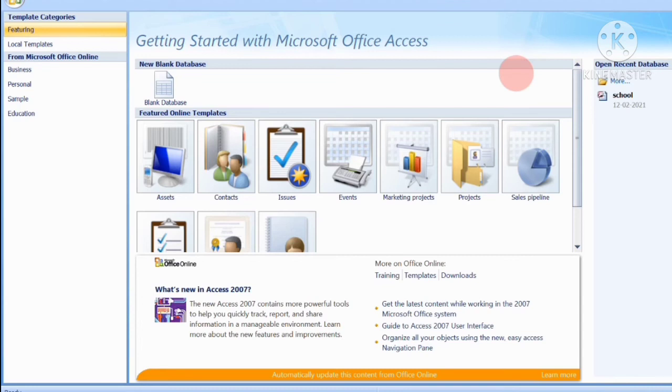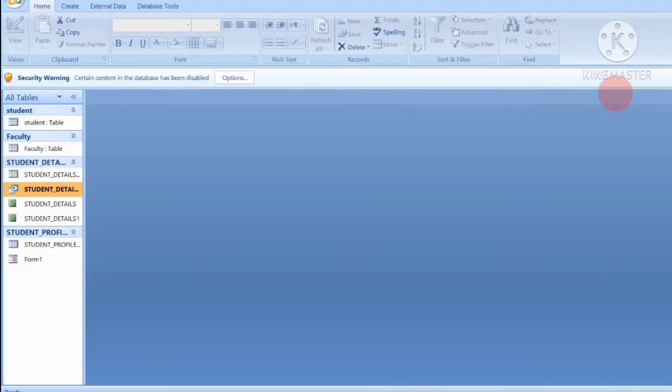Okay, so I have already made one database, that is the school database. So I am going to click on this. After this, see here on the left hand side, lots of tables I have created: student, then faculty, then student details, then student profile.